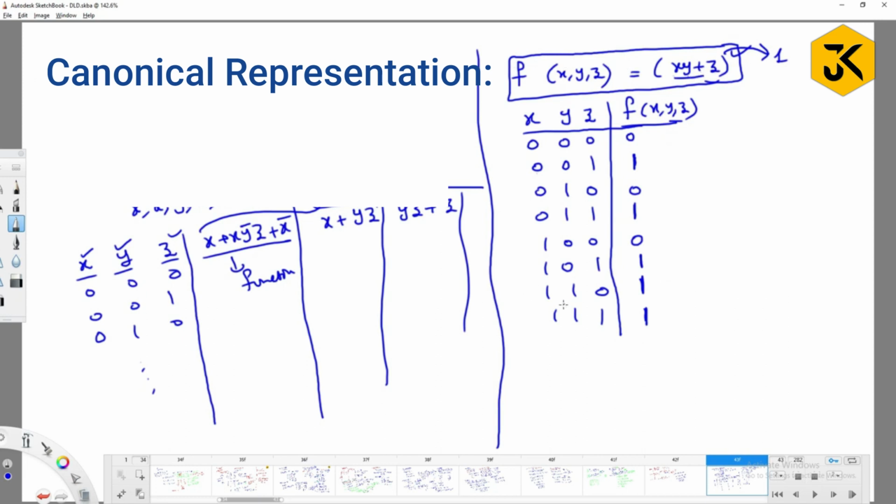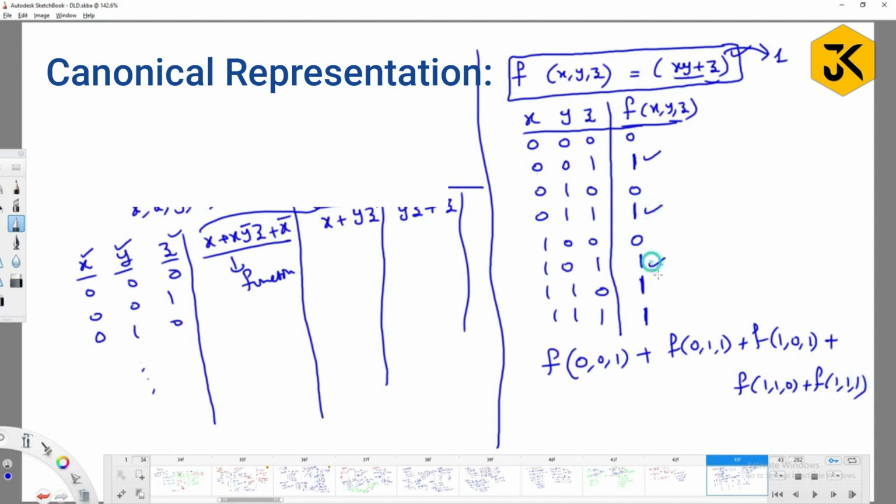The same expression I can write as f of 0 comma 0 comma 1, or f of 0 comma 1 comma 1, or f of 1 comma 0 comma 1, or f of 1 comma 1 comma 0, or f of 1 comma 1 comma 1, meaning that I am trying to write all the 1 cases,